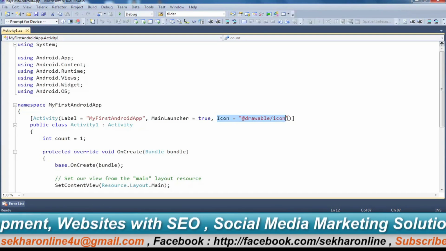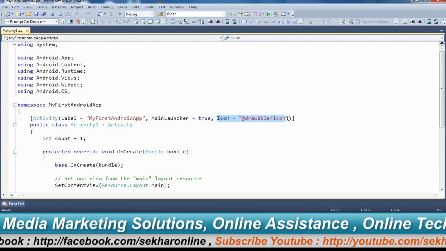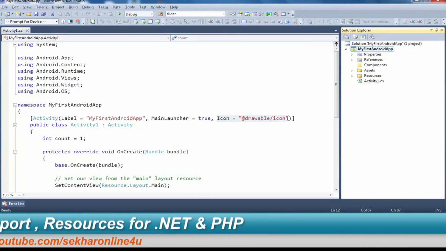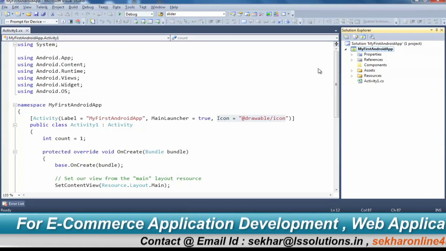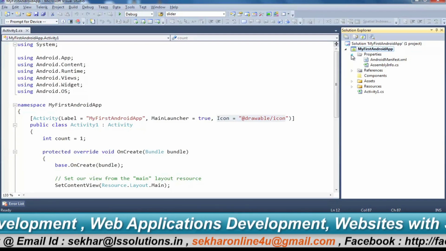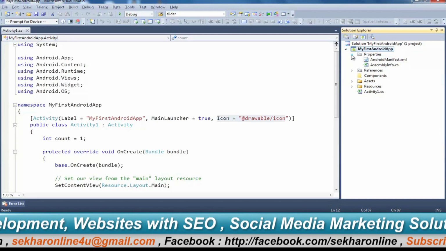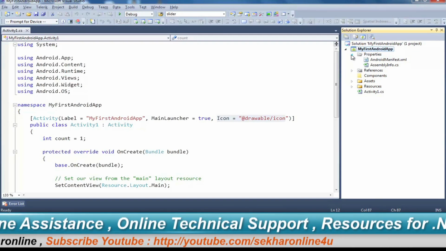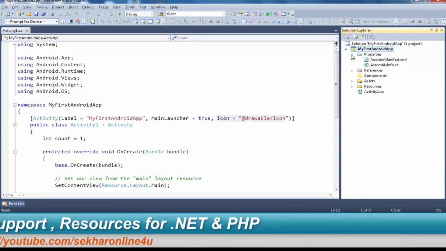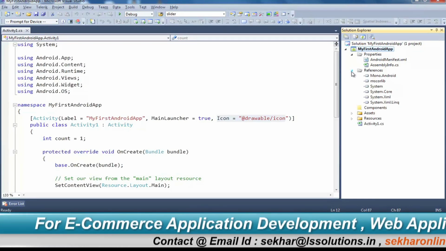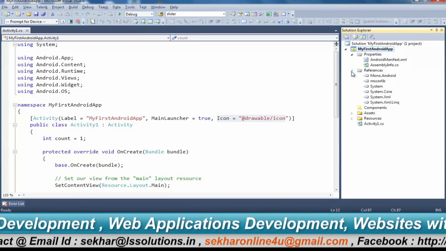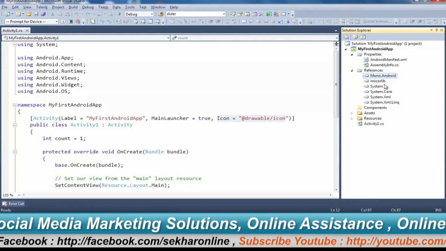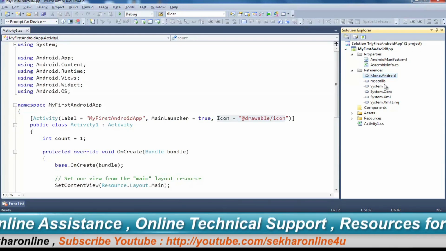Now let's check out what folders you will get when you create an Android application. Let me open the Solution Explorer. I find a folder structure very similar to any Windows Forms application. First, Properties, where I find something called AssemblyInfo.cs, which is very much equivalent to the assembly information file present in a Windows application. You additionally find AndroidManifest.xml. Along with that, you find References, which is again similar to a Windows Forms application in C#, but a new namespace reference will be there called Mono.Android, which will be used for deploying our application on the Android